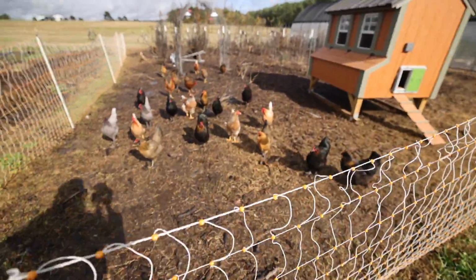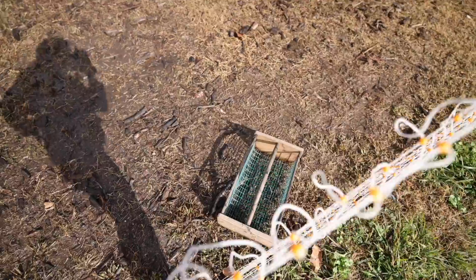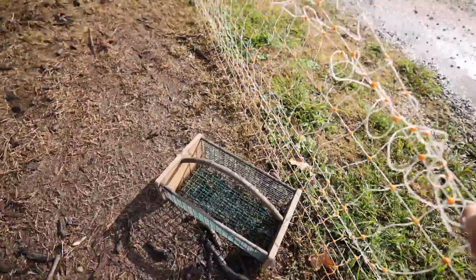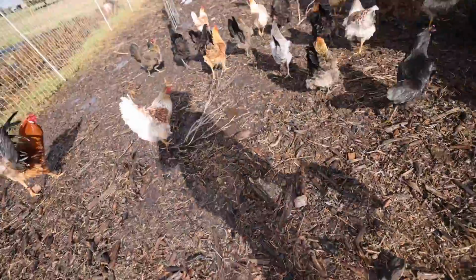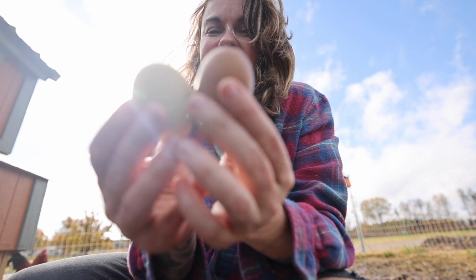Y'all got any eggs for me? I left my egg basket down at the house, but I grabbed this garden harvest basket out of the greenhouse. I doubt there are enough eggs to warrant a basket this big, but that's okay. We'll be optimistic. Hello, birds. Yep. Only 2. They're pretty,